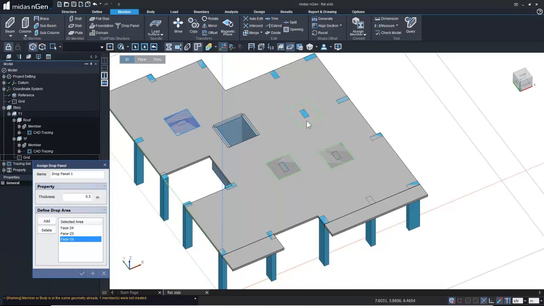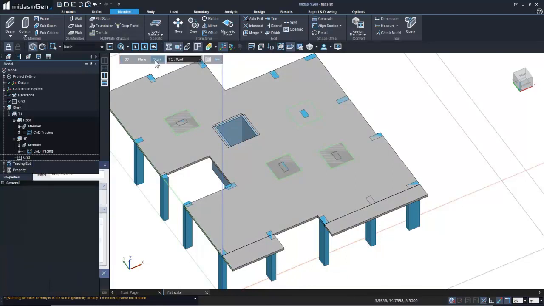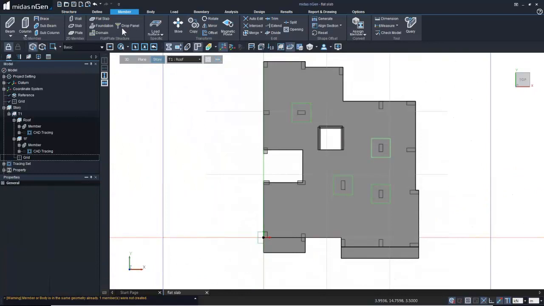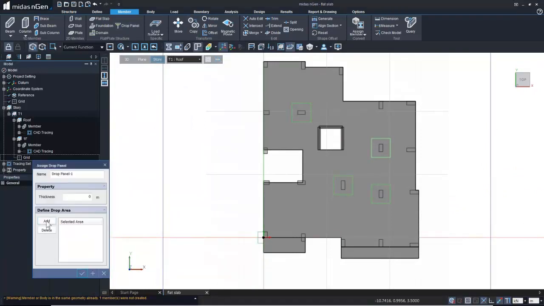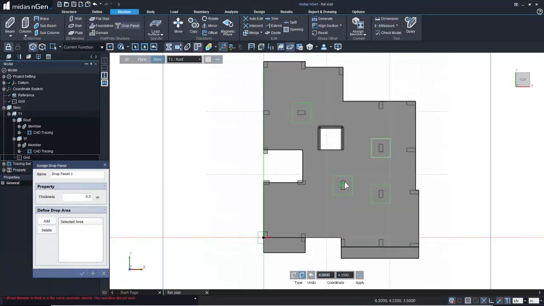1, 2, and 3. I think this one was not created. Maybe I did something mistakenly. Let me go and add it again. So we're in the 3D mode. Let me go to the story mode. And I'll quickly show how it's generated by just showing 1 so that we don't spend more time on this. So I click on add and I click on the 3 points, the 4 points, and click on apply. So basically over here,